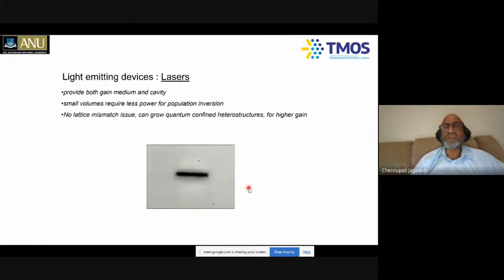So now you can see, if I really choose the right kind of nanowires, each nanowire can act like a gain medium and forms a nano cavity, and you've got the mirrors at both ends as well, I really don't have to do anything else. And I can excite that one and then look at the light coming out of those ones also. Because these compound semiconductors are direct band gap semiconductors, they intrinsically have got the gain as well. Okay.